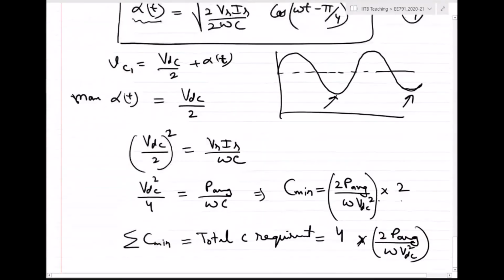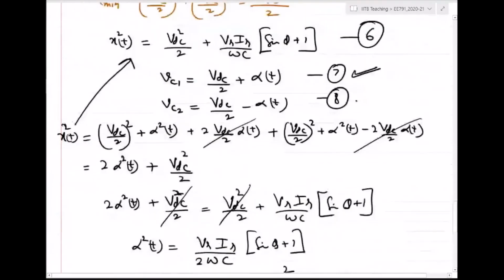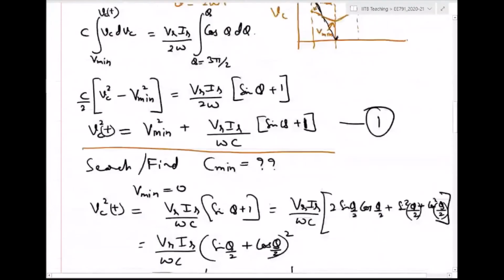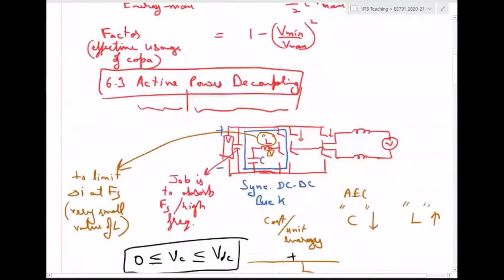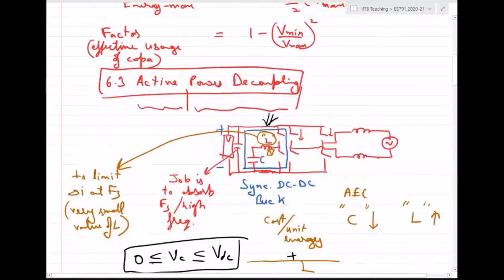Just one more point which we will discuss, and then we can take questions. If you see both the circuits, I'll just go back up. In both the circuits, we were adding some kind of converter on the DC side and trying to achieve active power decoupling. So these are usually called DC side active power decoupling methods or circuits. Similarly, if you add this part on the right hand side, they become AC side APD circuits. So what we looked at is the DC side active power decoupling circuits.